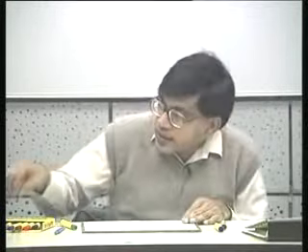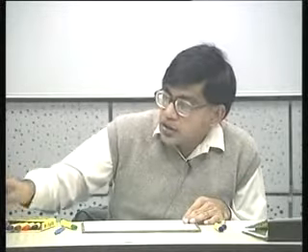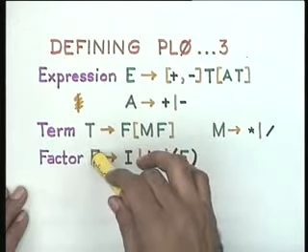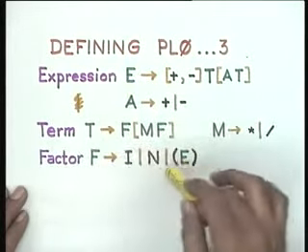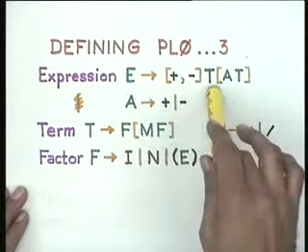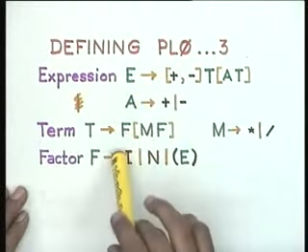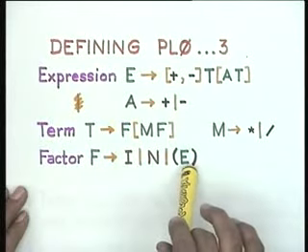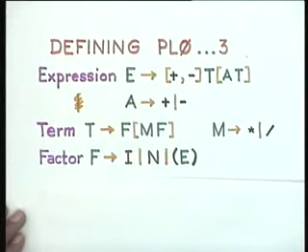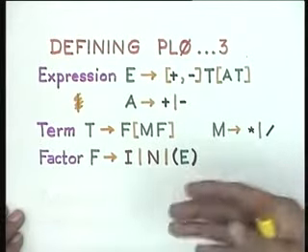So you can see that these three non-terminals E, T and F are mutually recursive, because E is defined in terms of T, T is defined in terms of F, F is again defined in terms of E. So they are circularly recursive,